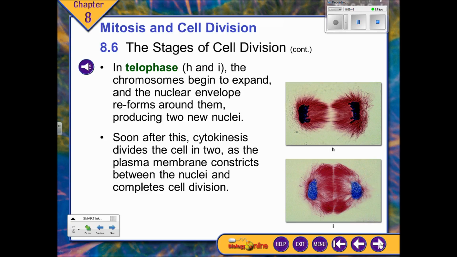Now, for animal cells, it's definitely like a pinching, and fibers are pinching and pulling the membrane close together, kind of like if you were to pinch a balloon with your fingers and get it to squeeze down. That's how it pinches the cell apart. Remember the plant cells? They call that the builder wall, right? Because you've got to build the wall there, and you can see that on today's slides also.